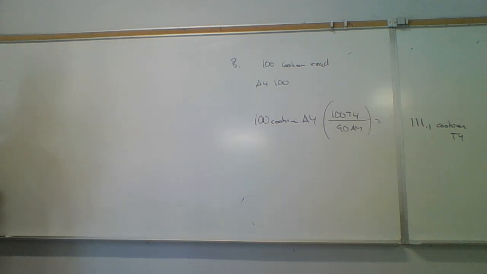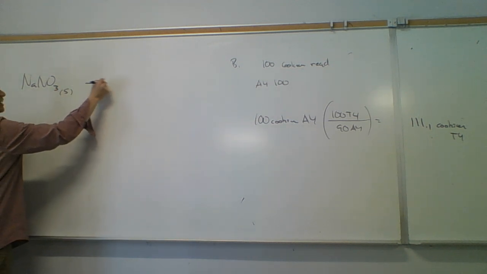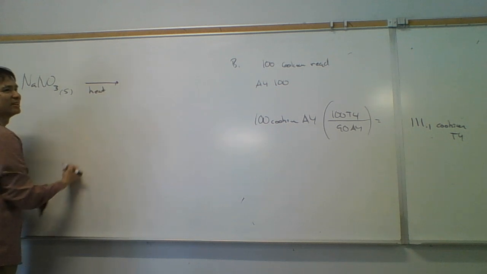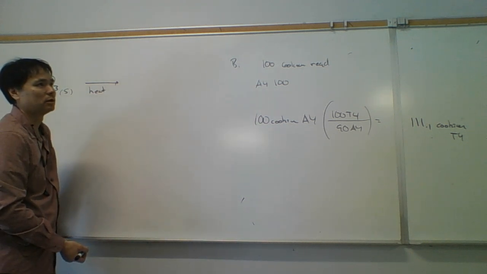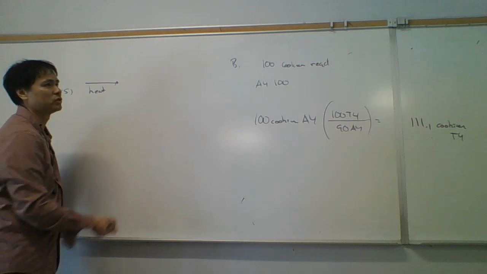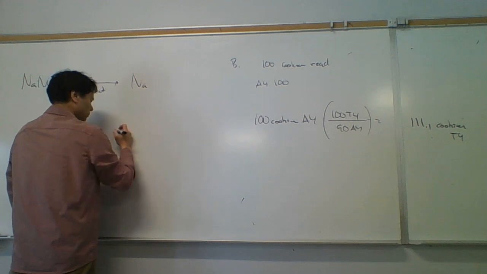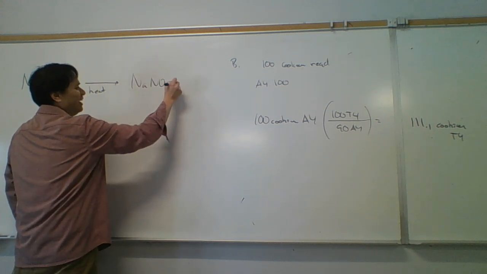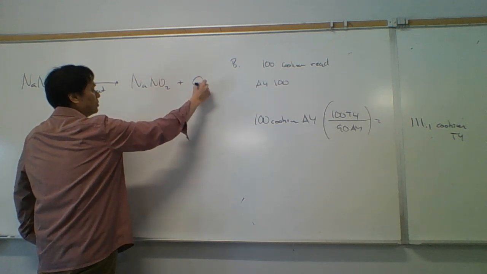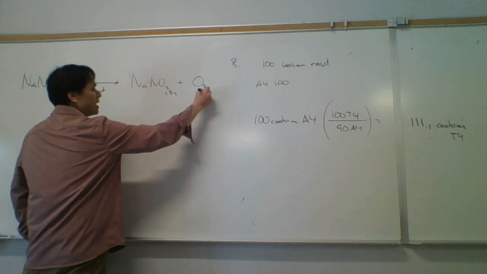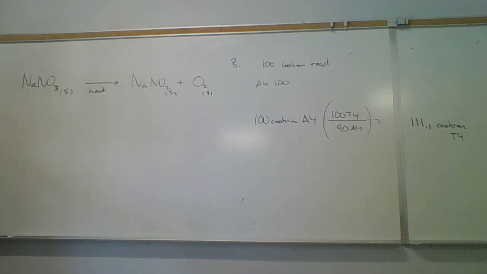Okay, so what is sodium nitrate's formula? NaNO3. This is solid, and then they're going to heat it, and then it's going to decompose into solid sodium nitrite. What is the formula for sodium nitrite? NaNO2, and oxygen. What's the formula for oxygen? O2. Okay, this is solid, this is gas here. All right, next